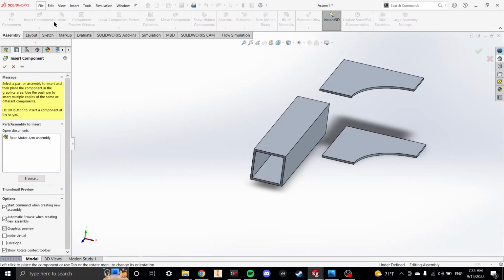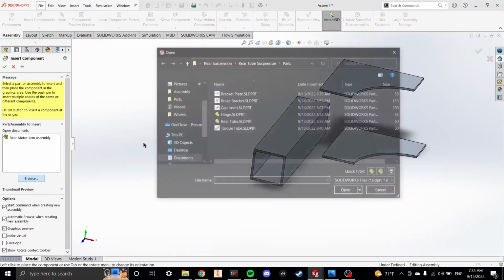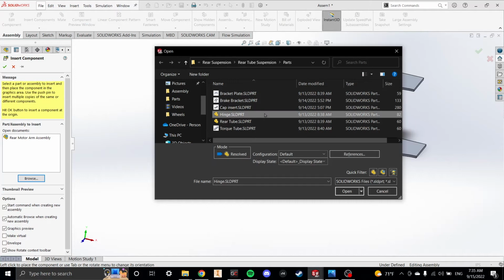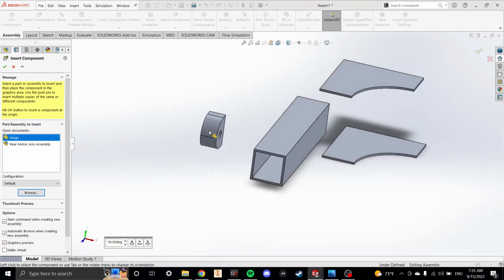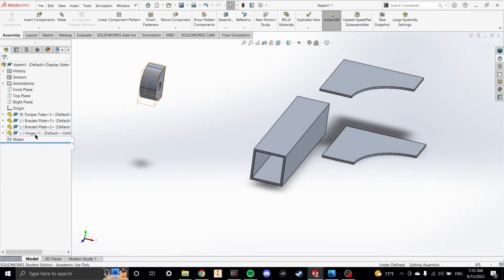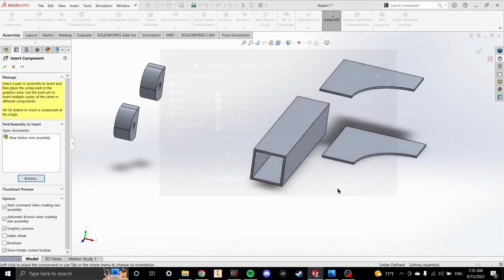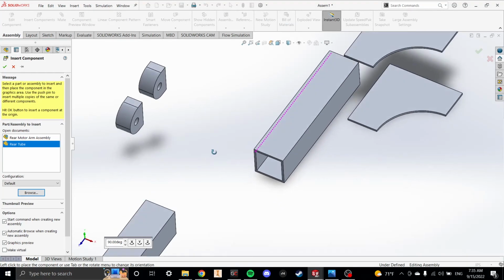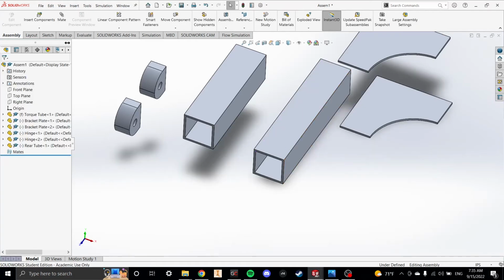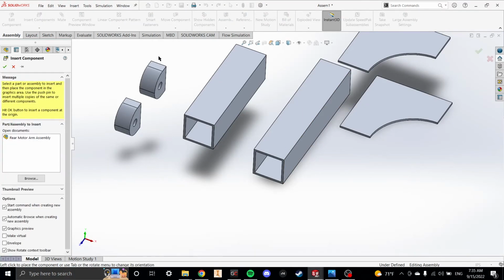And we can insert more. We need two of these hinges. I'll just Control C, Control V that too. Take another one. We need the rear tube, which is the shorter version of the long one. Then last but not least, we need